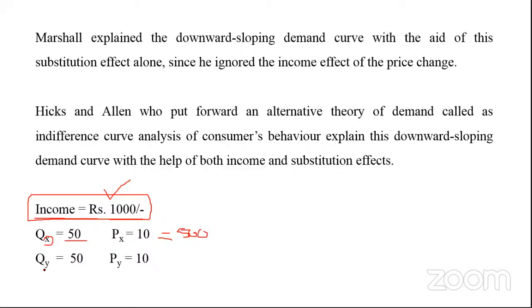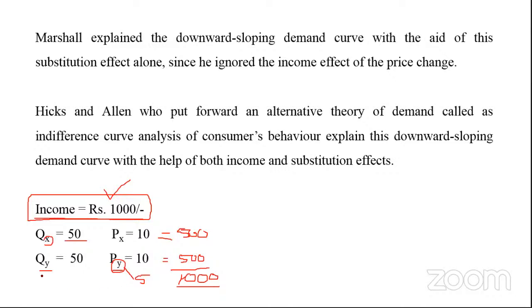Likewise, there is another good Y. When the price of good Y is 10 rupees, it becomes 500 rupees. So the total income is equal to 1,000 rupees. The 1,000 rupees income will be spent on 50 units of commodity X and 50 units of commodity Y. So his 1,000 rupees budget will be exhausted. Now, when the price of good Y is reduced from 10 rupees to 5 rupees,